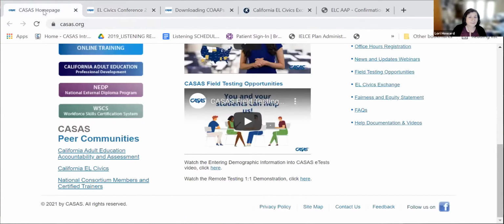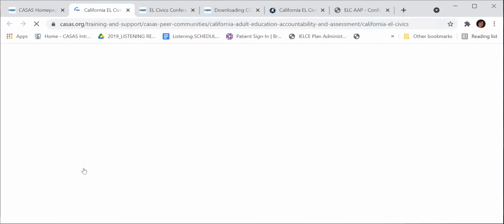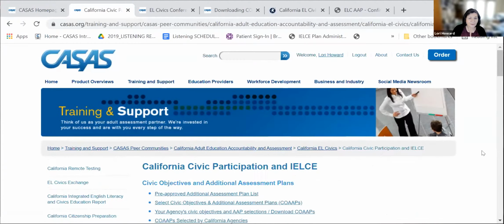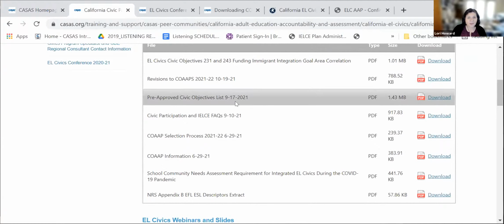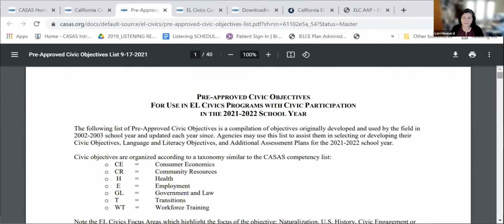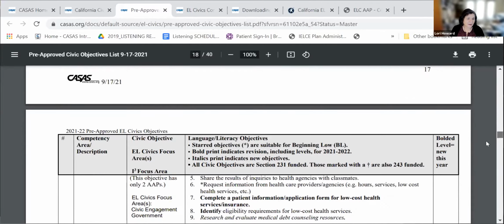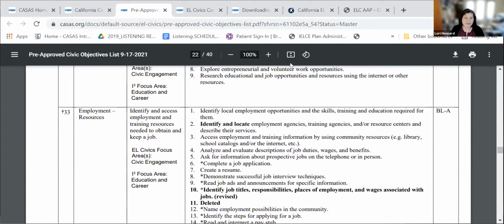Good. And the last thing, Lori, do you want to show them the pre-approved civic objective list, just in case they ever want to see the breadth of what's available? Yes. So we do have a list, and that's in the downloadable portion here, the pre-approved civic objectives list, which shows you the civic objective. Let's go down to 33, just so we are talking about the same thing. So here's the pre-approved civic objective list. It shows you the civic objective, identify and access employment, but then it shows you all of the possible language